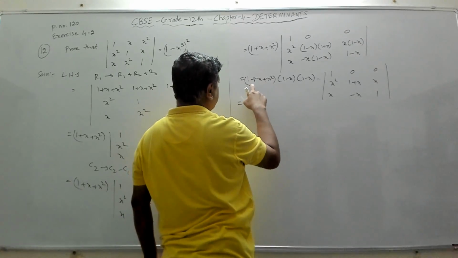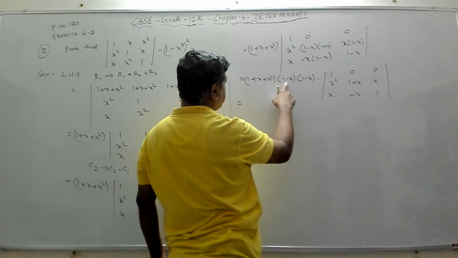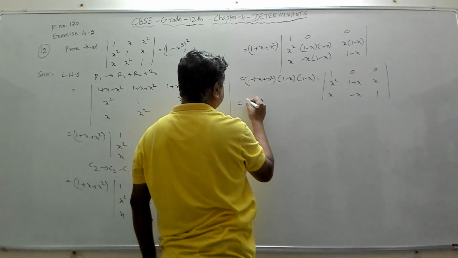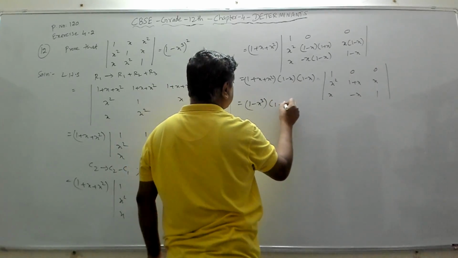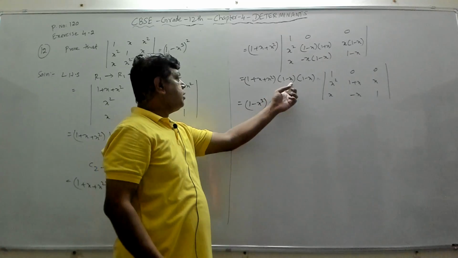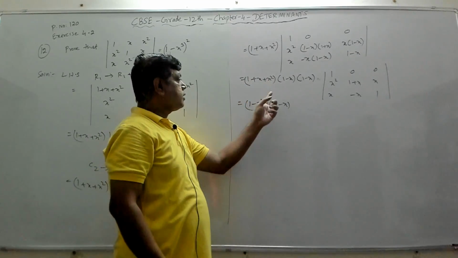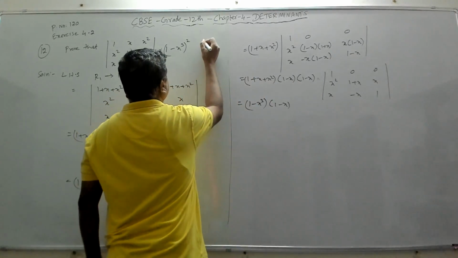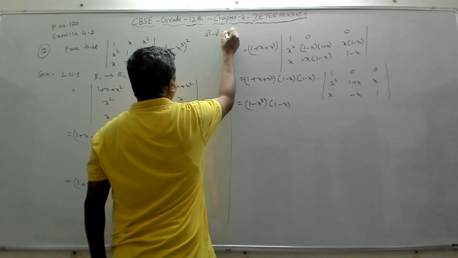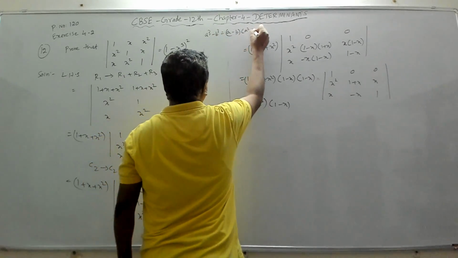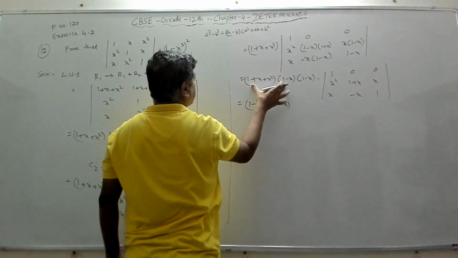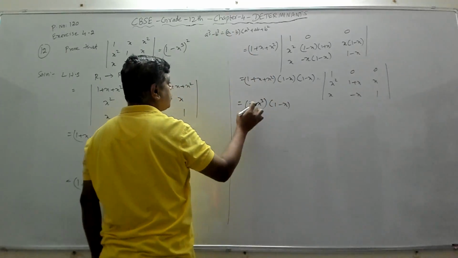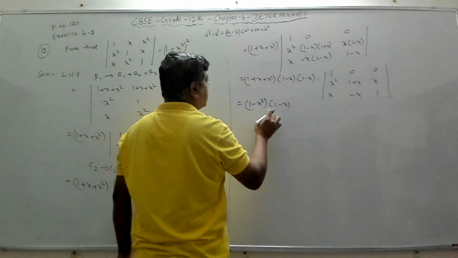So now what is 1 plus x square into 1 minus x? This into this is your 1 minus x cube. And this is 1 minus x because you are a minus b. A minus b into a square plus ab plus b square is a cube minus b cube. This looks like a cube minus b cube. Your a cube minus b cube formula is what? Is a minus b into a square plus ab plus b square. So this looks like a minus b into a square plus ab plus b square. So this can be written as a cube minus b cube, which is 1 cube minus x cube. 1 cube is 1. And this one will come as it is.